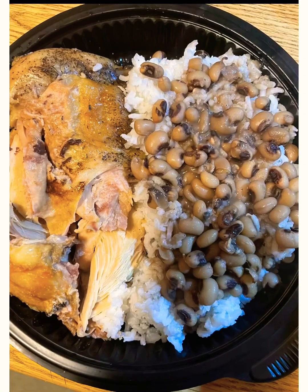All right, so these peas are ready to go on top of the rice, and there you have it,